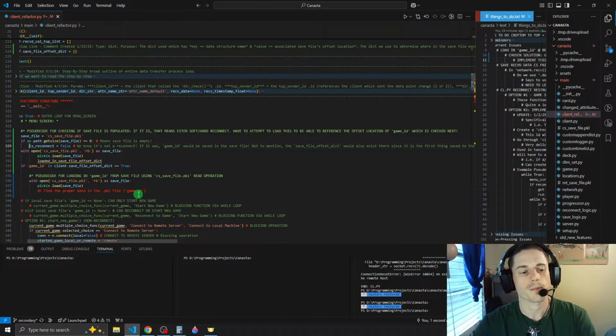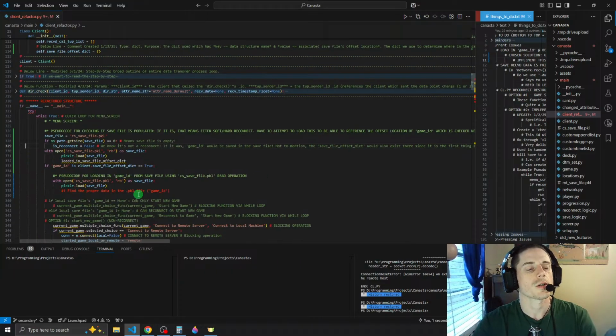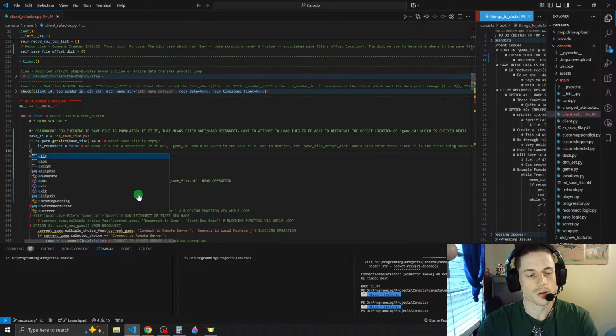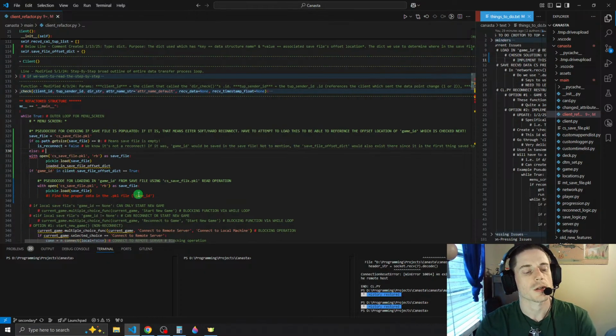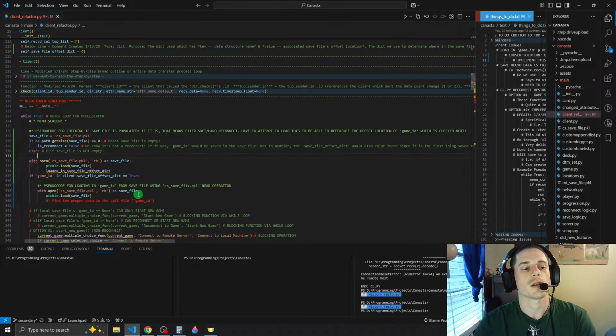That right there. So we know isReconnect is false, and then elif the save file is not empty, then that means